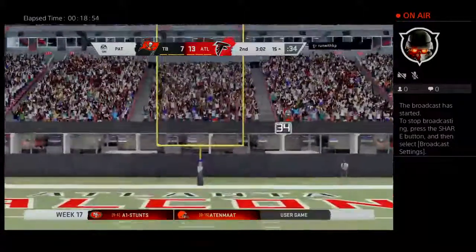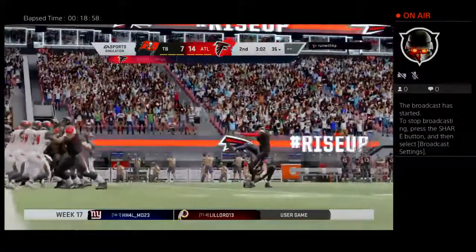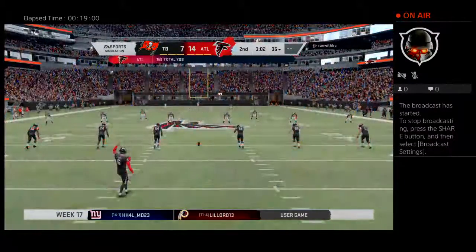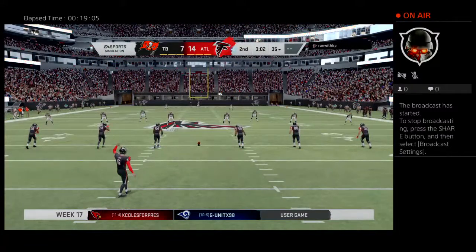And nothing too crazy there. A quick slant, and then he just had a seam. He found a seam. And when you hit it on the run like that, and I mean the pass right to the receiver who's already in motion and moving, sometimes he's just taking